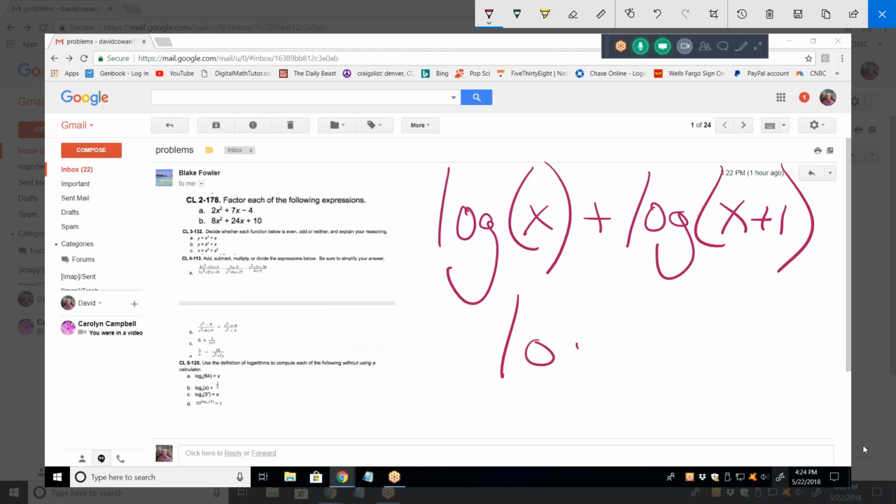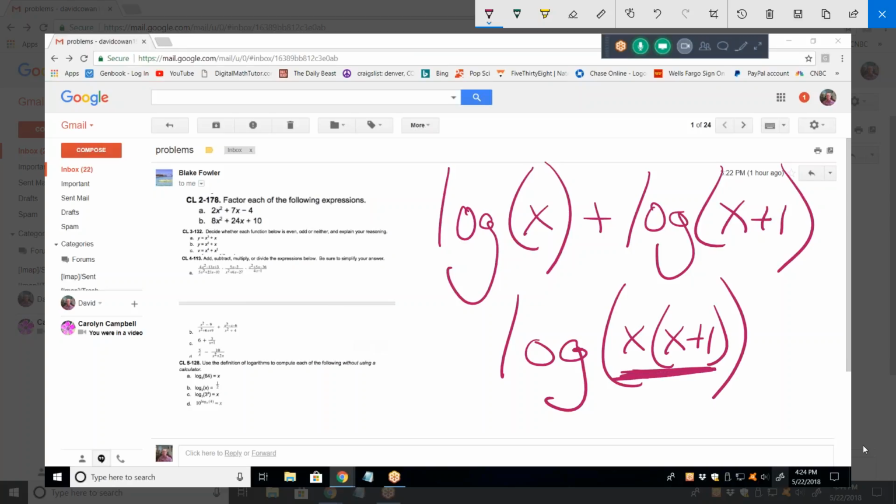When you're adding two log functions, it's the same as one function with the two things multiplied together. Oh yeah, and then you multiply, and then subtracting, you divide. Exactly. So with logs,